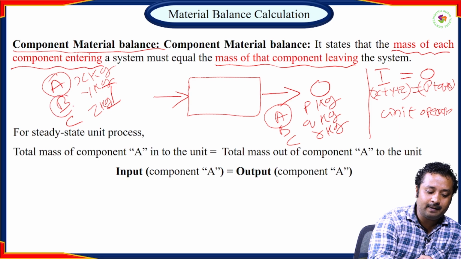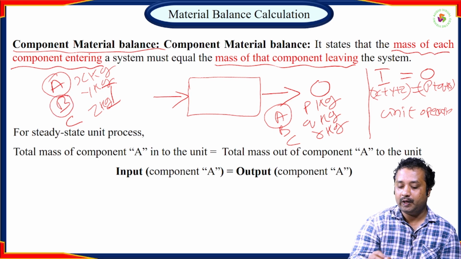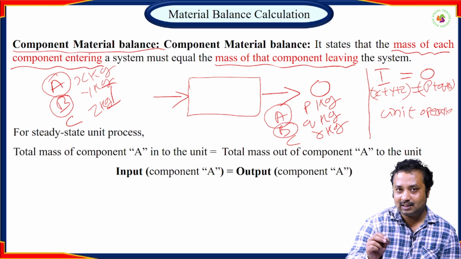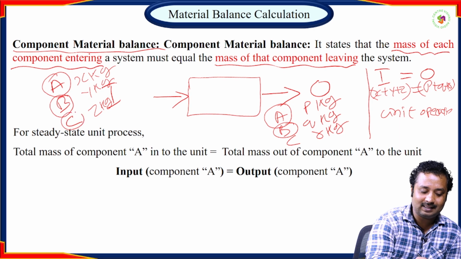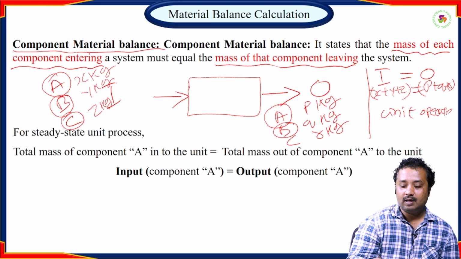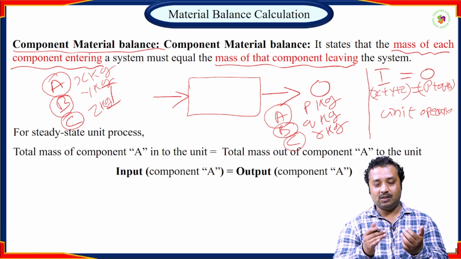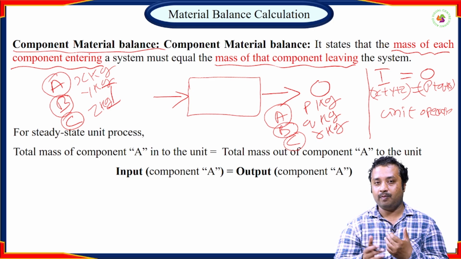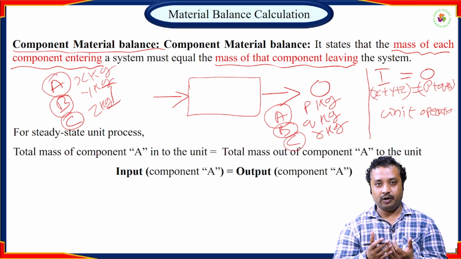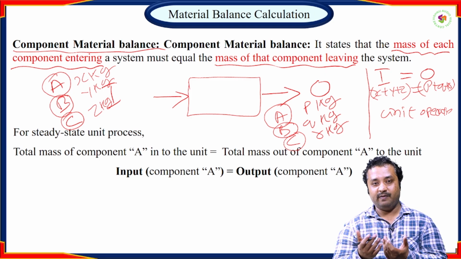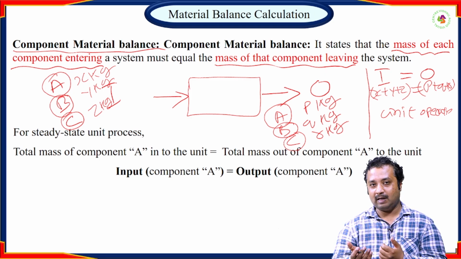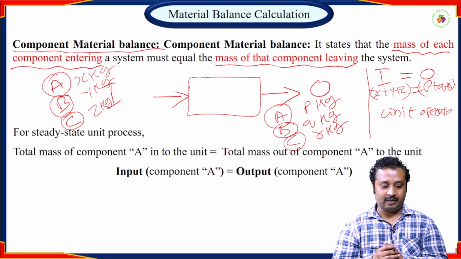The amount of B entering should be equal to the amount of B leaving. The amount of C entering is equal to the amount of C leaving. While we solve a numerical, you will understand more clearly and can differentiate